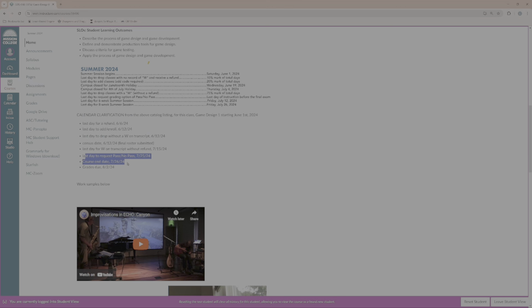And then we're going up until the 26th, as we know, that's the last day of the class. You can request a pass, no pass by the 25th. And then final grades, I give you all the way up until the final day they're due. So although the class ends on the 26th, if people are cramming to get stuff in, usually the last week, I'll give you as much time as possible.